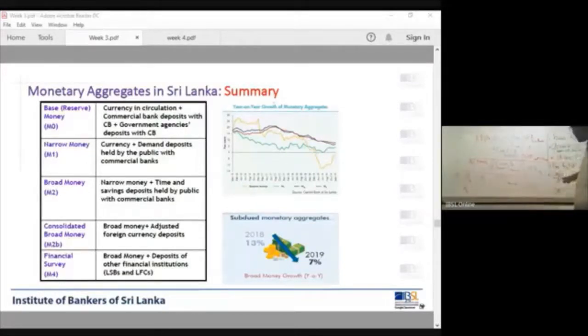No. The central bank does not give loans to the private sector. It only gives loans to the government and financial institutions. A recent measure the central bank has taken is giving loans to financial institutions, who are giving loans to their customers. So they can give loans to the government, corporations, and private sector. This summary is really important for you to get a clear understanding of the entire picture of money and its sources. Do you have any questions on this before we move on?